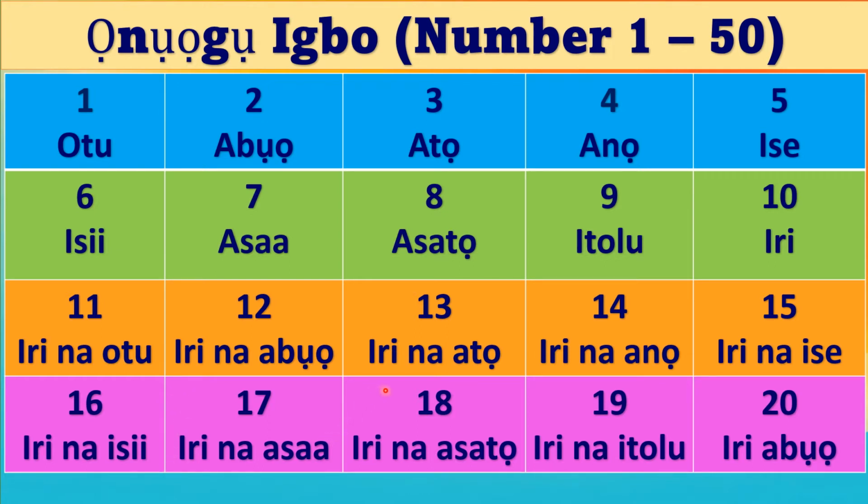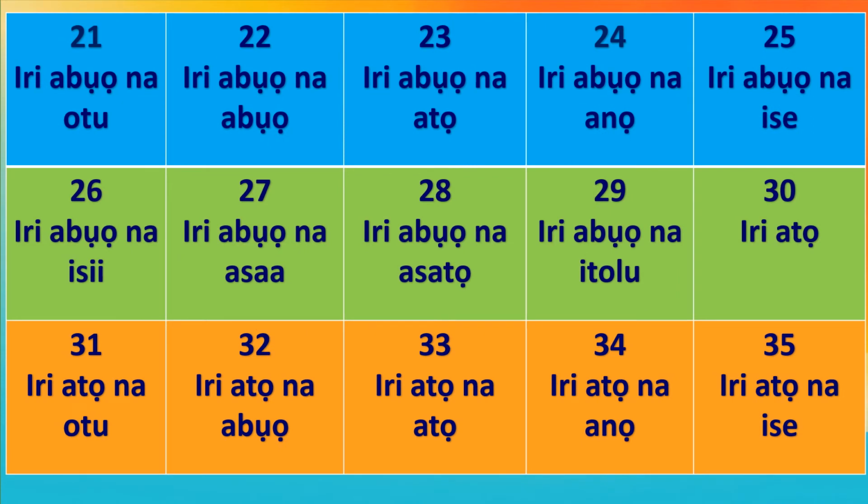17 iri na asaa, 18 iri na asatọ, 19 iri na itoolu, 20 iri abụọ. 21 iri abụọ na otu, 22 iri abụọ na abụọ, 23 iri abụọ na atọ, 24 iri abụọ na anọ, 25 iri abụọ na ise, 26 iri abụọ na isii, 27 iri abụọ na asaa, 28 iri abụọ na asatọ,